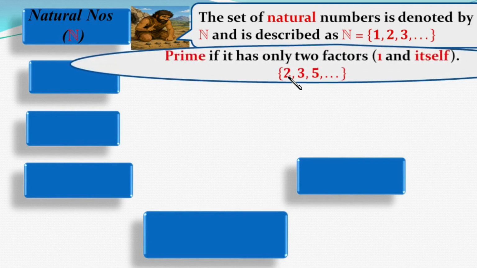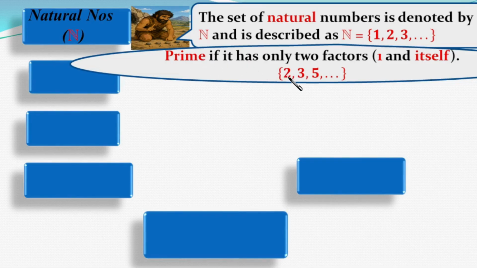The other division we have is the set of prime numbers. A natural number is called prime if it has only 2 factors, 1 and itself. Among the numbers, those having only the factors 1 and itself, we call prime numbers. So we start with 2,